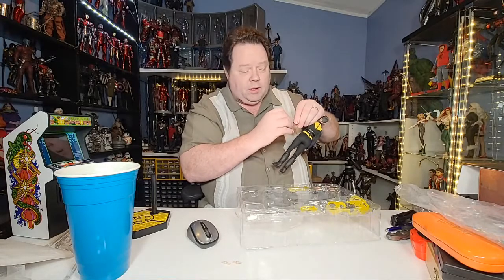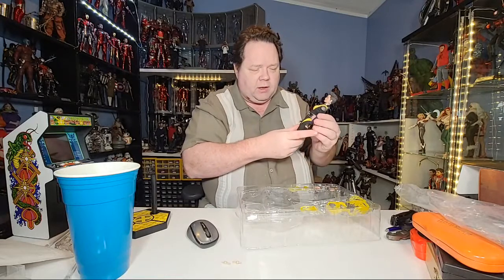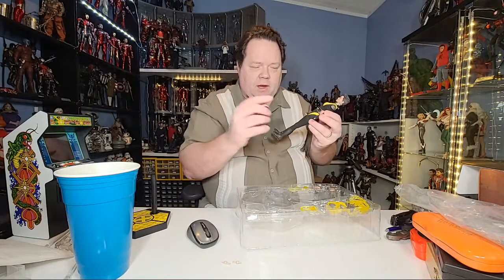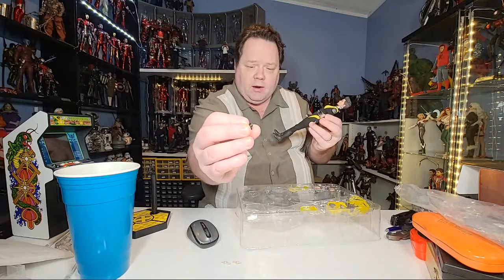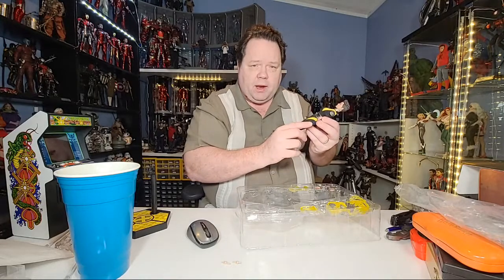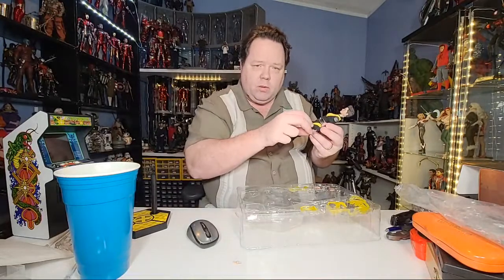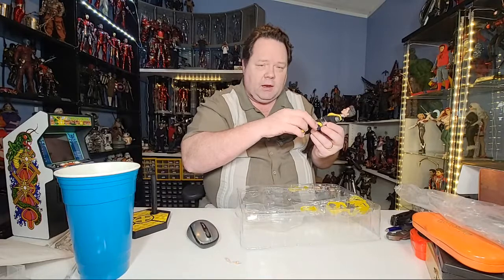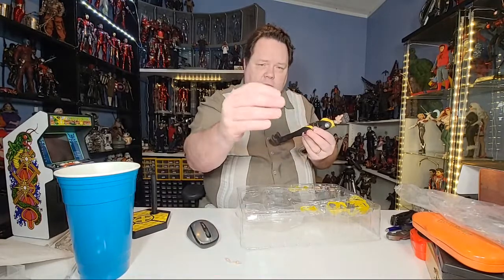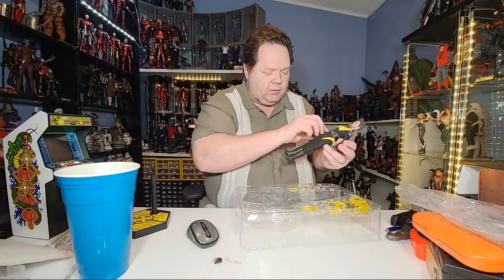These fists come real easily off of this wrist peg. One thing I've always, my opinion in regards to these, when you're changing out the fist pegs, if the peg stays in the arm, leave it in the arm, don't be trying to take it out. If it stays in the hand, same thing, leave it in the hand. So if I were to pull this and this wrist peg was stuck in this hand, then I would have used this guy to put a new one in there, because this is tight and I don't want to loosen that, and this is loose, so might as well just use whatever you have. So obviously you have two fists,